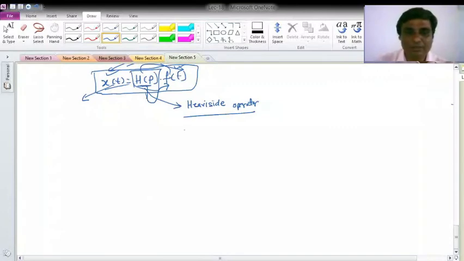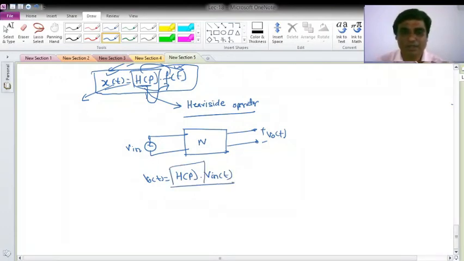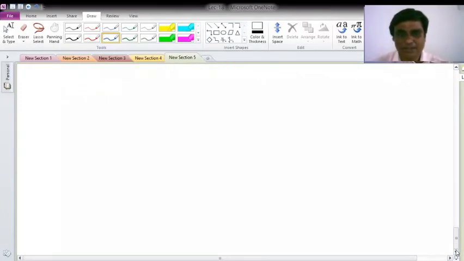For example, suppose I have this circuit or this network. To this I have given some excitation like this, say this is my V in, and I am interested in a specific V naught of t. So how can I calculate V naught of t? V naught of t will be equal to your Heaviside operator H of p applied on the excitation which is given. So for that, what will be my Heaviside operator, or system operator, or characteristic operator?